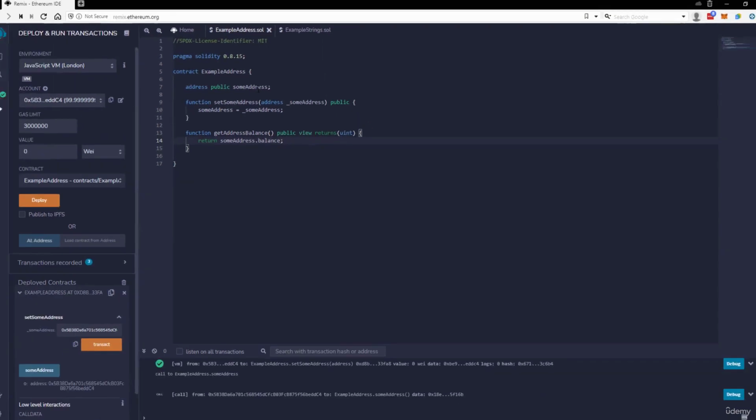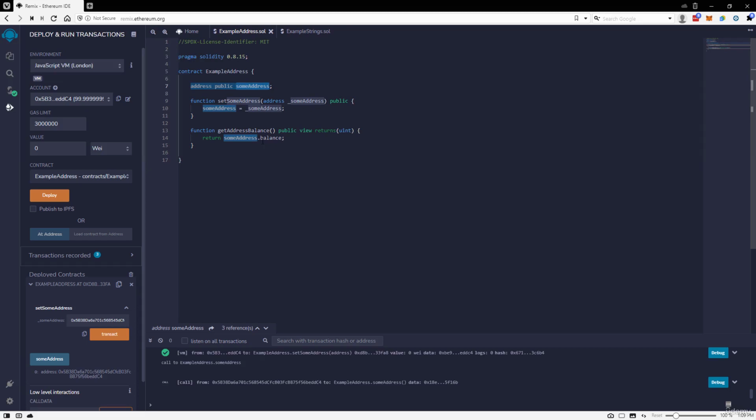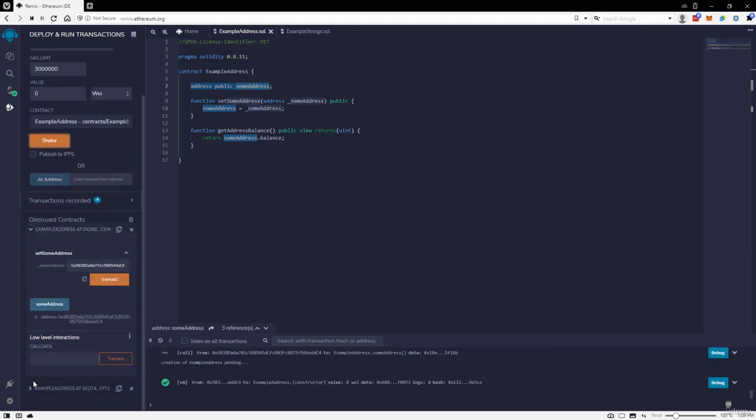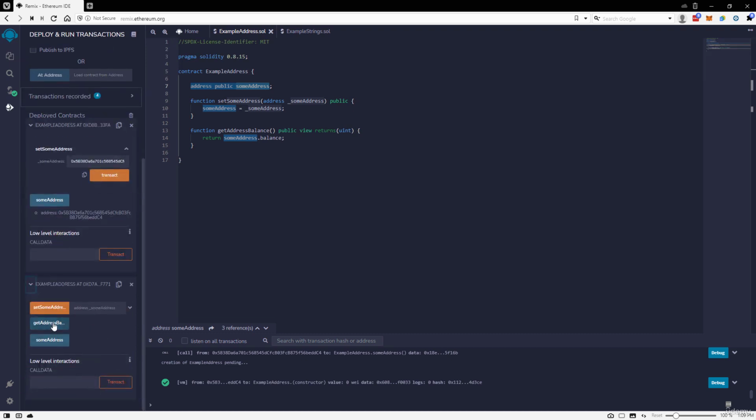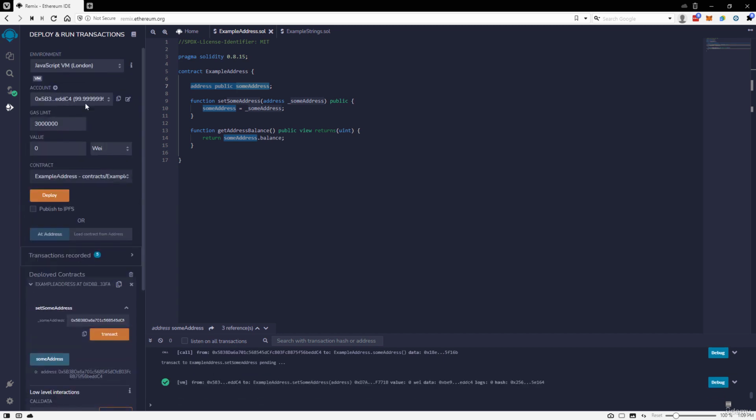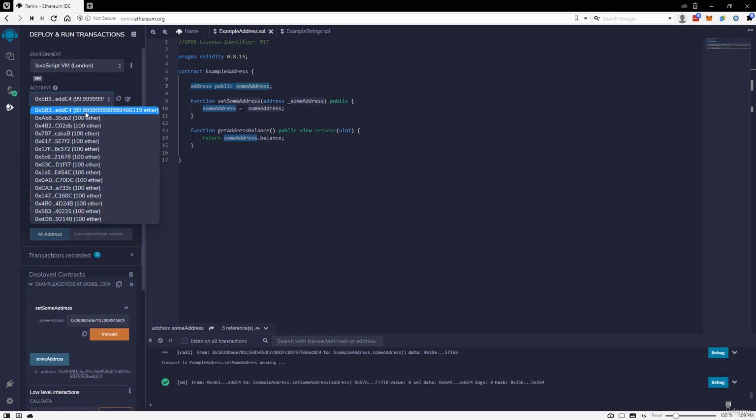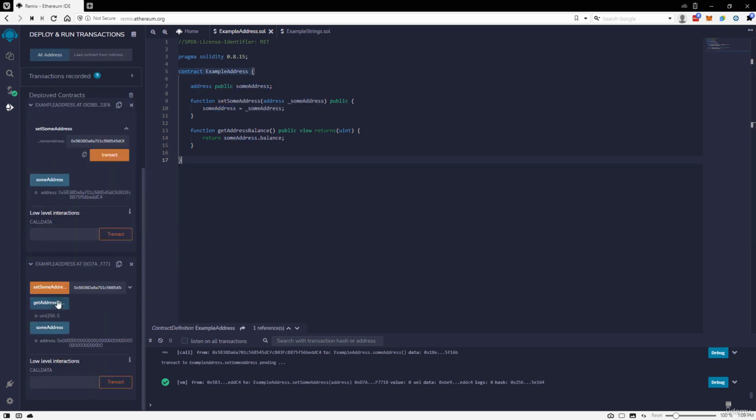You see here from this storage variable the address balance. So we are going to deploy a new contract. We are going to get address balance. It's 0 because someAddress is right now the 0 address. Then we are updating our address with this address over here from the dropdown. It says it has 99.99999 something ether, and then we are updating this, and then it says the balance in